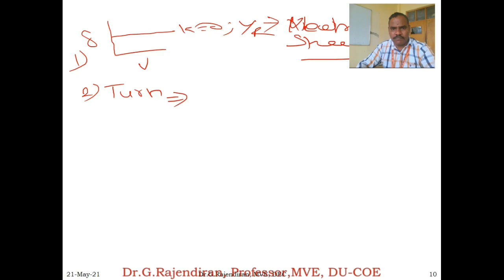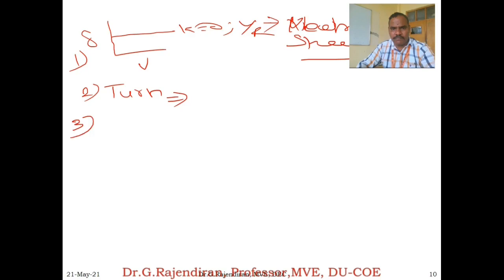If K is equal to 0, the driver has to fix the steering wheel. No need to change according to the side force, because K is equal to 0. So if he fixes the steering wheel, then it will make a constant radius of turn without deviating from the radius of turn. Clear? So when you are making a turn, you should keep it. That's all. No need to give any input according to the vehicle drive. Correct? Second point.